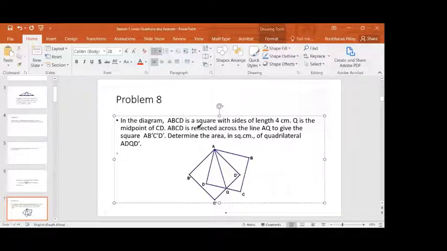Now, ABCD is reflected across the line AQ. So now we have a situation where something is reflected. What does this mean? It means that AQ acts as a mirror, because you're reflecting it. So AQ acts as a mirror, and this entire square, the original square, is